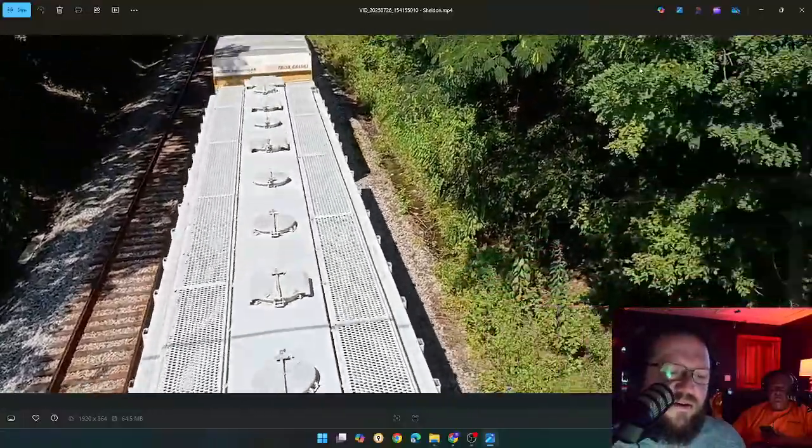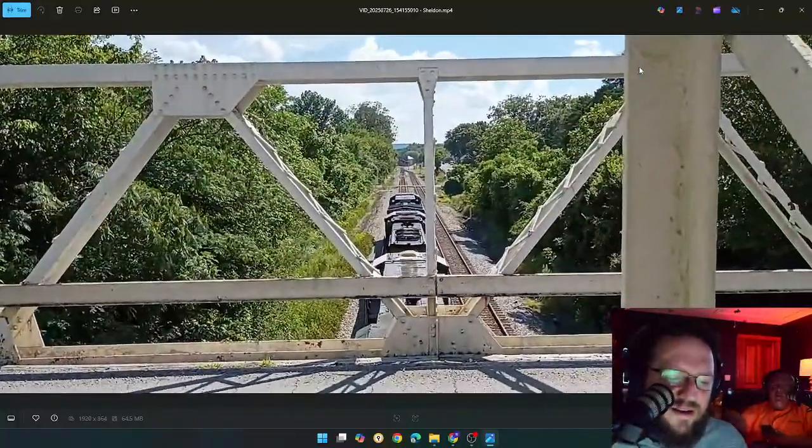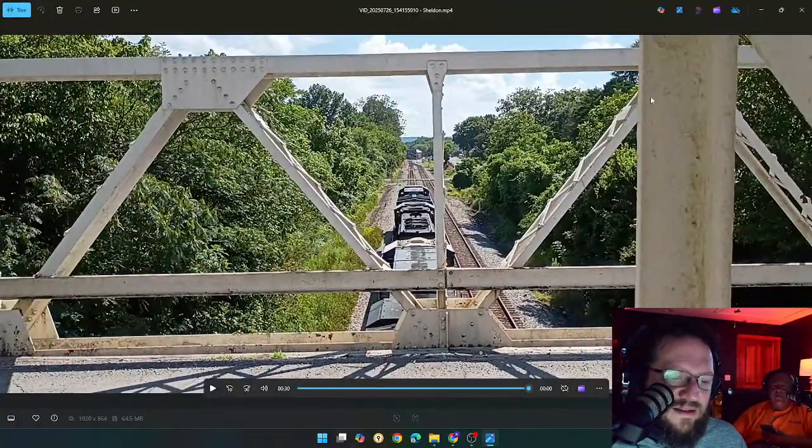And a bunch of cargo. That's where, just down from there, is where the squirrel ran over the top to avoid the train. Yep, I do remember that. Yeah, the squirrel did decide to...